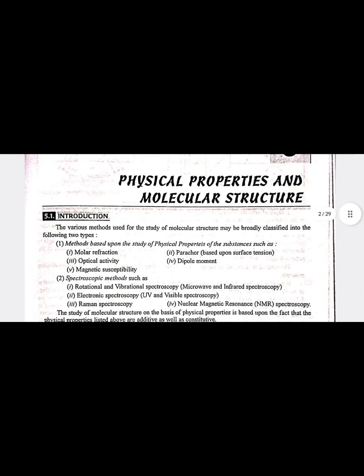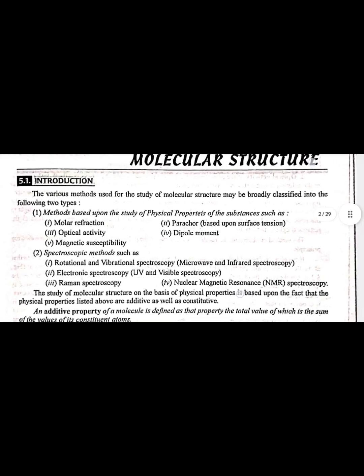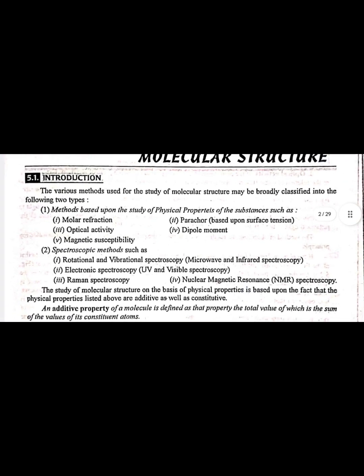Introduction. The various methods used for study of molecular structure may be broadly classified into the following two types. Number 1. Methods based upon the study of physical properties of the substance such as first point molar refraction, second point parachor based upon surface tension, number 3 optical activity, number 4 dipole moment, number 5 magnetic